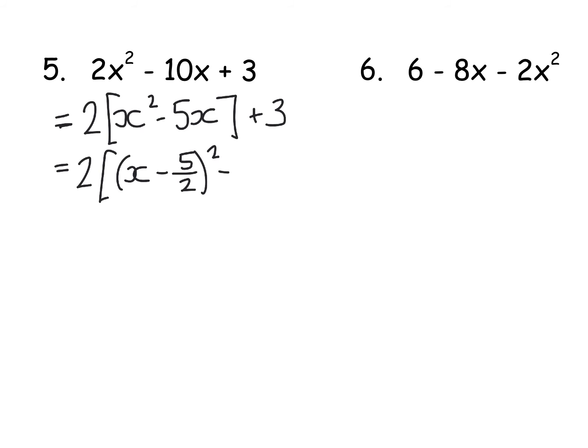Okay, so I can take that away because I need that space. So it's okay to do fraction work at the side of your page. Taking away that squared leaves us with 25 over 4. Close your bracket, stick on the plus 3. Now I'm going to reintroduce the number 2 here. So it gives you 2 times your bracket,